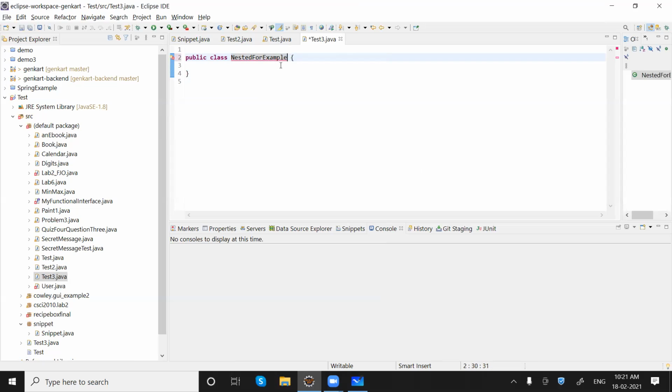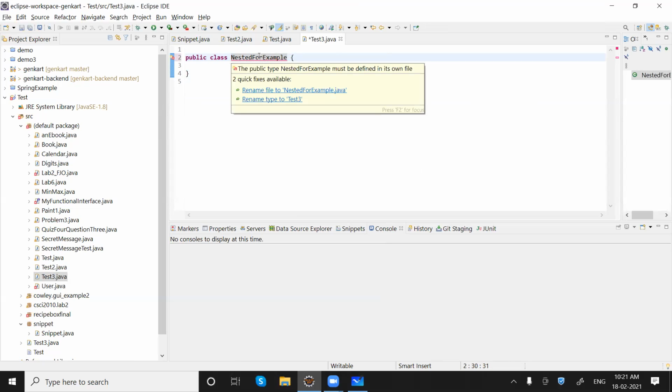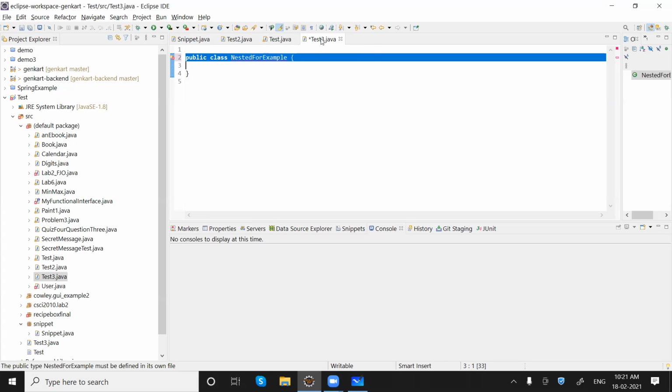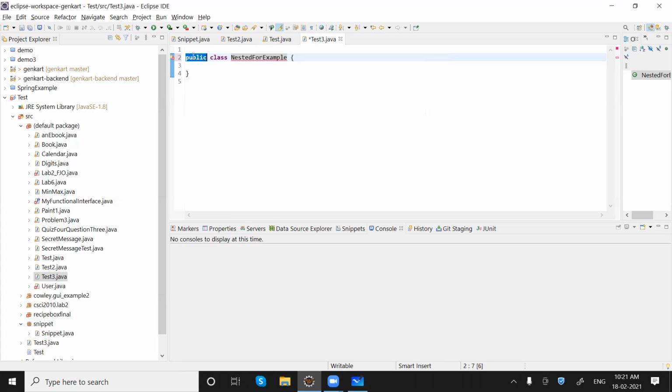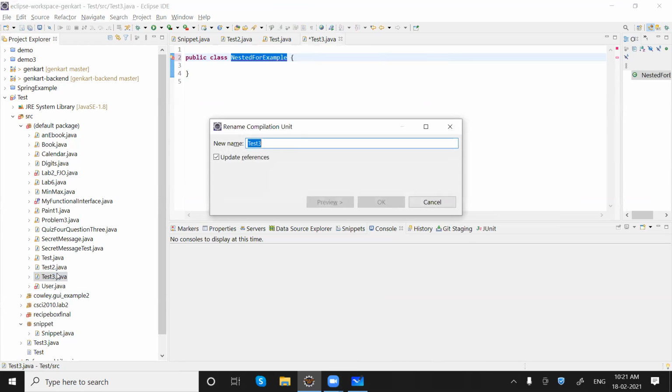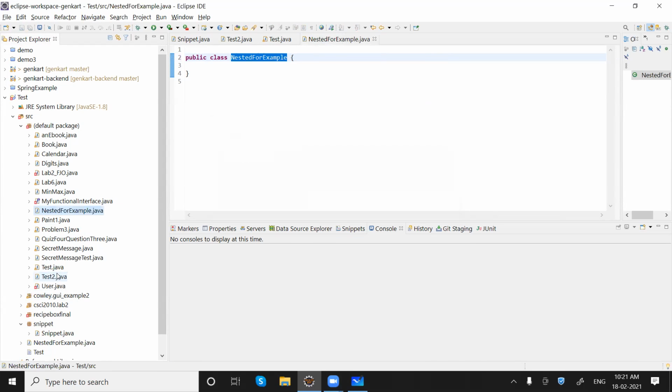Now you can see I'm getting an error, which is basically saying the public class NestedForExample must be defined in its own file. It means if your Java file name is different and your class name is different, and you want to make the class public, you cannot do that. If I remove public, then it is fine, there is no issue. If you want to keep it public, then you have to rename the Java file name as well. Then only it can be public.